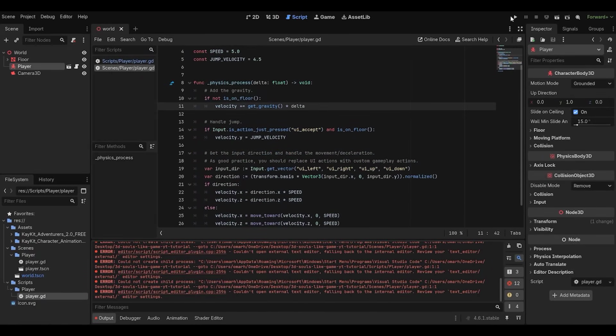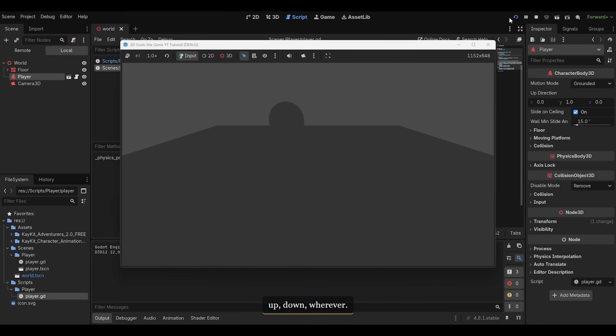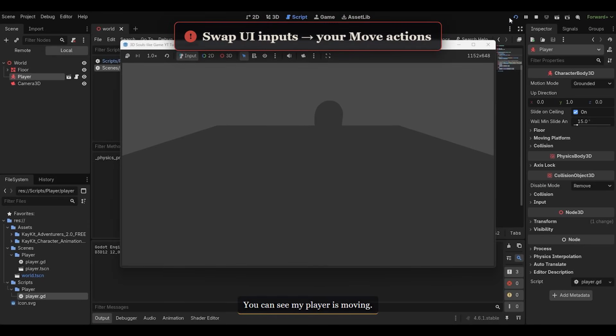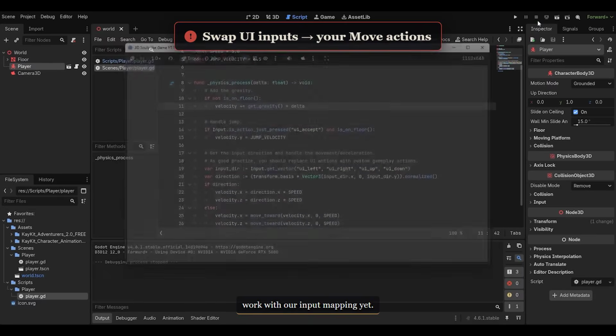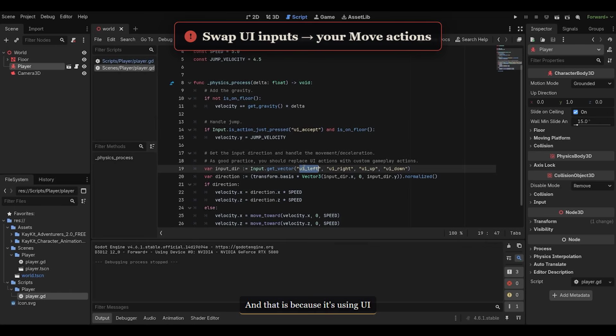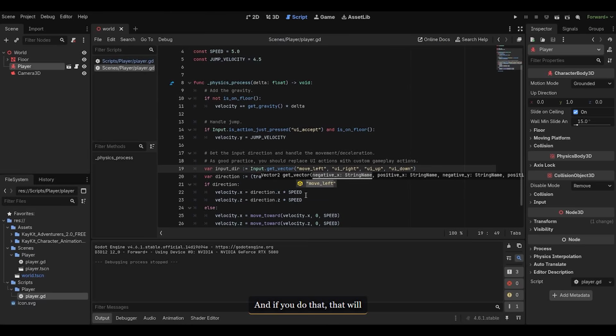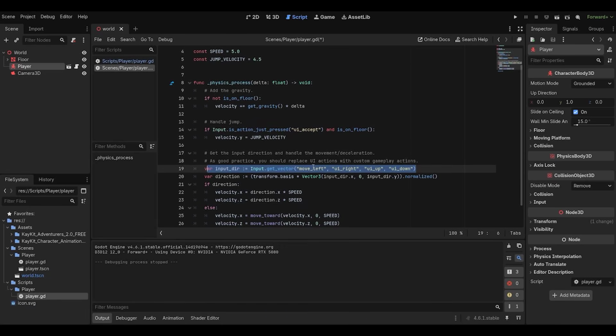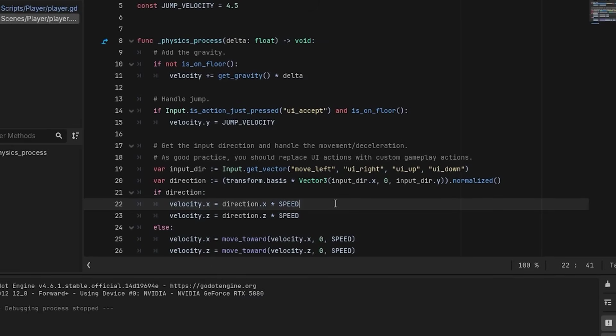Now this is going to allow us to move. Now, I can move left and right, up, down, wherever. You can see my player is moving. He can even jump up and down. Now you'll notice though that this doesn't work with our input mapping yet, and that is because it's using UI left instead of move left. And if you replace all of these with the input mappings we just added, then it will work with whatever you did. But don't worry about that too much just yet, because we're going to be removing a lot of this soon. Now, before we move on, and before we actually